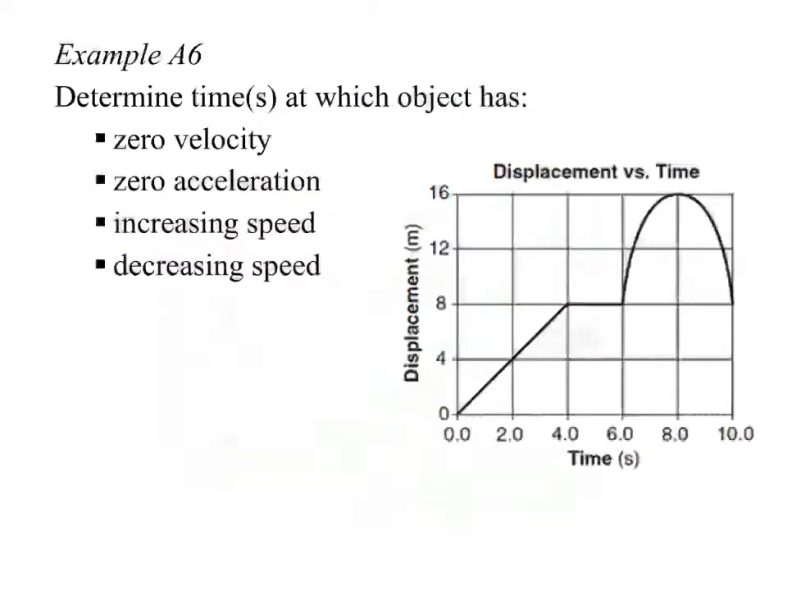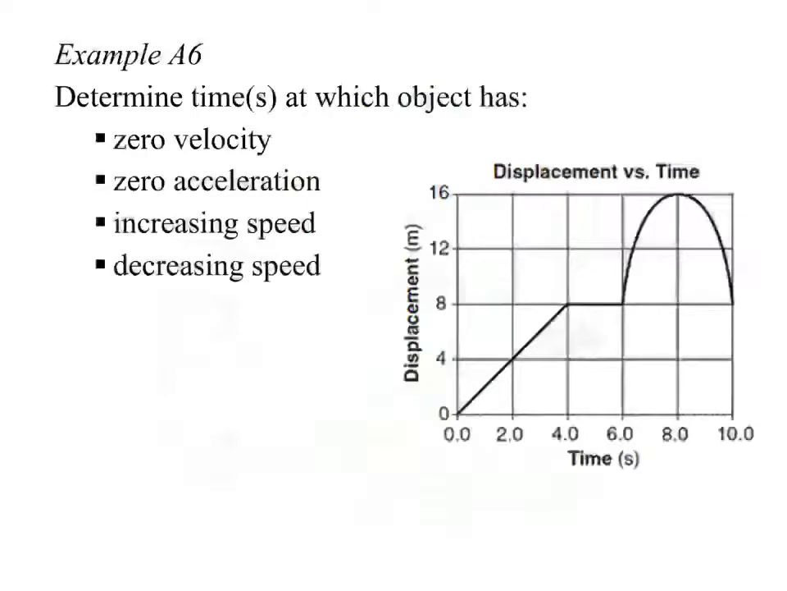Take a look at this graph and try to figure out: when does it have no velocity? When does it have no acceleration, like 0 acceleration? When is the speed increasing and when is it decreasing? So I'd like you to actually pause, please, and try to do these on your own. Okay, I'm assuming you paused and you've done these and you're just waiting for me to tell you the right